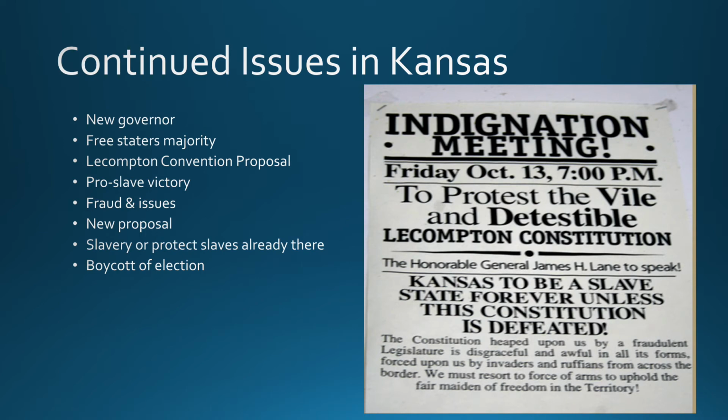He wants federal help, federal assistance, whatever else. So he's going to plead over to Buchanan and say, hey, I need you to denounce this Lecompton Constitution, because it's not right, and it's not the way things will go. And Buchanan, being pro-slavery and also just being a poor leader as a whole, will do nothing. And so as a result, things will continue to go crazy in Kansas.